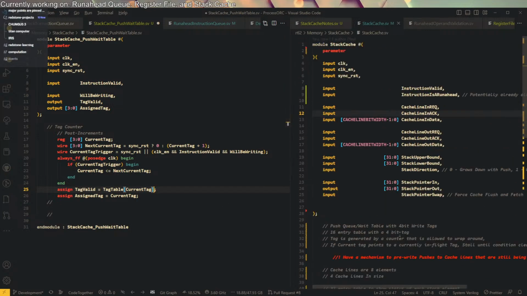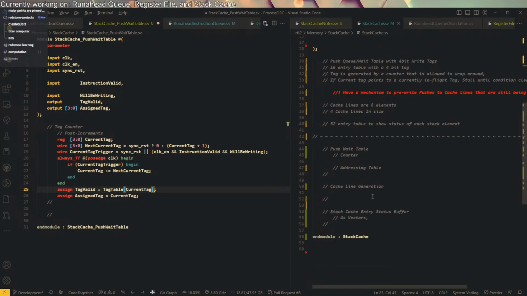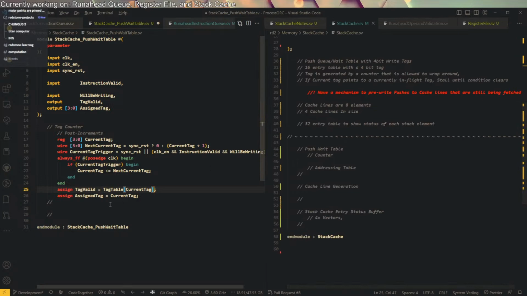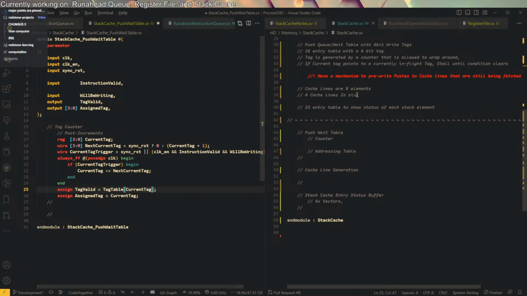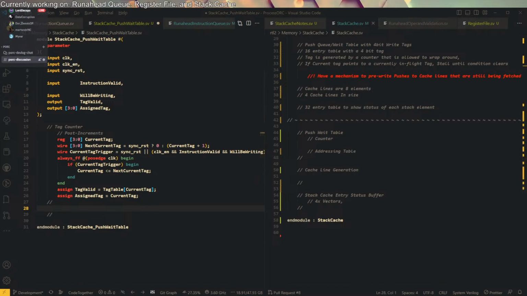Oh, what are you doing today, Kappa? I'm actually building the stat cache. Nice. Because I realized that I just had to bite the bullet, and I was trying to get around it, but I'm just going to give a 4-bit tag to everything that goes through the stat cache. This is why HDL should have generics and a standard library. No, no standard library would help with this. This is what generics is for in normal programming. No, because you don't build generics in hardware. It's a programming construct. It's not related to